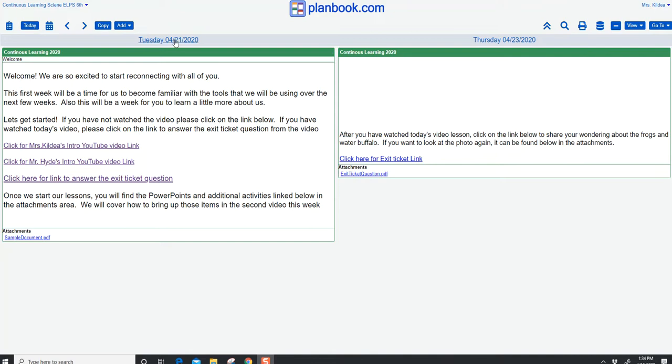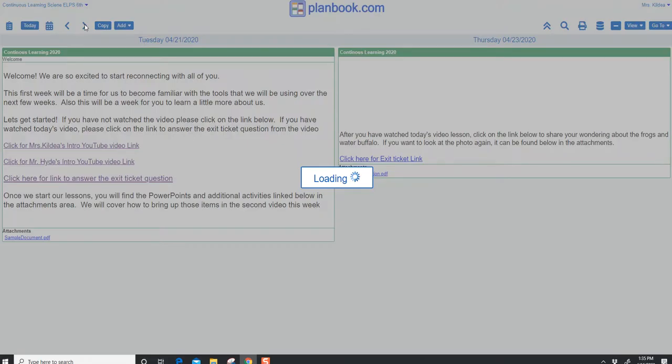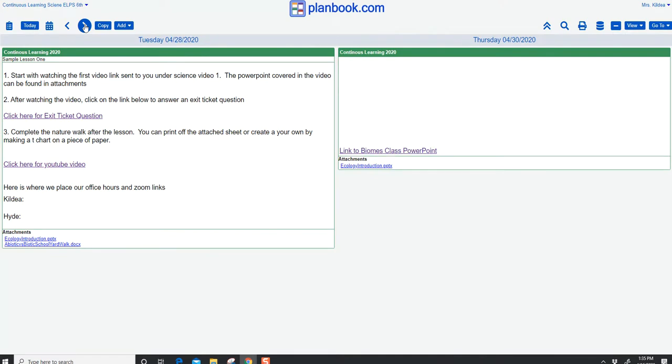You'll see that the date is listed up top. You'll have the lessons for the week in one view when you click on that link. If you want to go ahead and look at a lesson in weeks that are coming up, if you click on the arrow that is pointing to the right, it will move you to the next set of lessons. Please keep in mind that they may or may not be ready for you